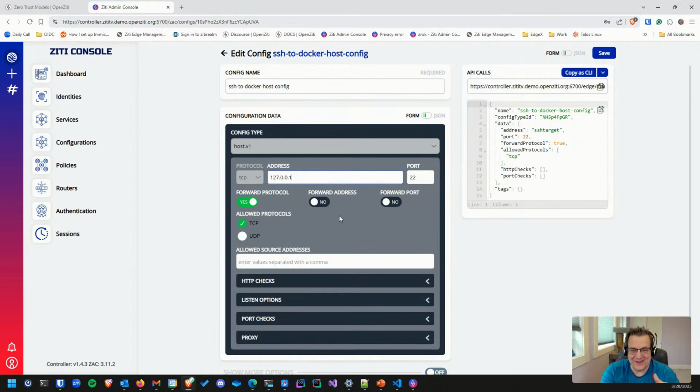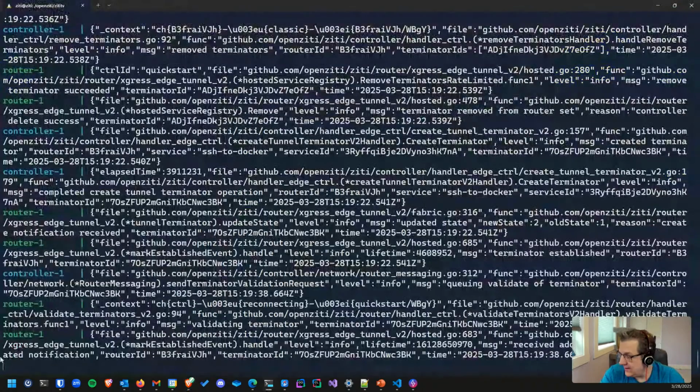This is what it used to say. It used to say 127.0.0.1. But instead, we need to now give this the actual name of the computer or the IP address. Actually, maybe that would be a better way to do it. Now we need a new